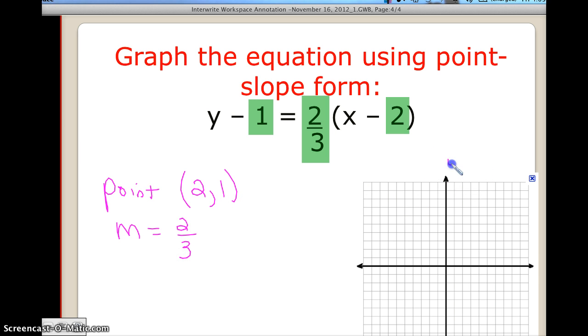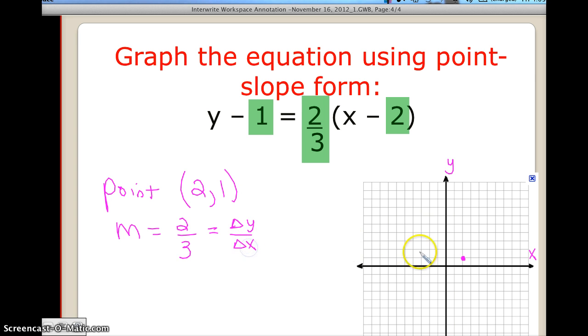Let's go ahead and graph it. Make sure you label your axes and put arrows on the ends of your axes. So start at 2, 1, which is right here. So in point slope form, notice how we're not starting on the y-axis like the b. We're actually starting at a specific point. 2, 1, and then we're going to use our slope, and slope, remember, is the change in y over the